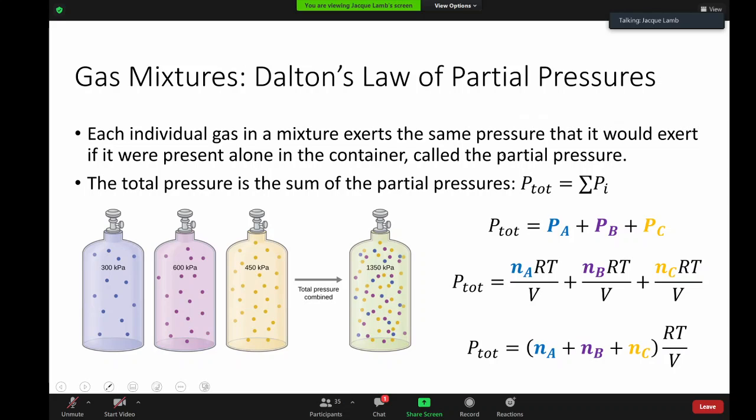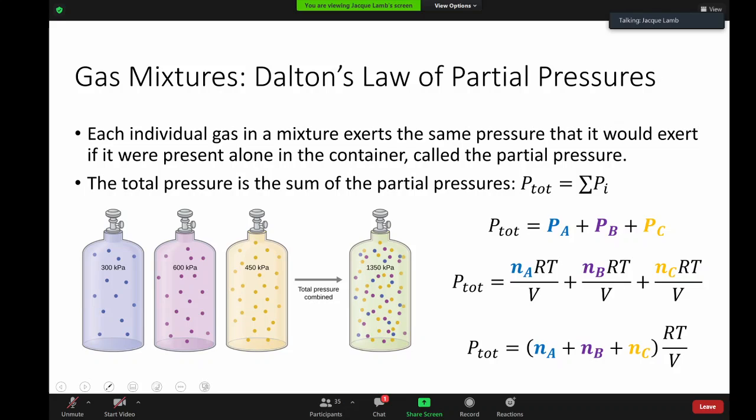Now, the other thing we should know about gases is we talked about the fact that we derived all of those laws without any identity of the gas being known. So it was generally true for all gases, not true for just specific gases. And each gas behaves independently. So each individual gas in a mixture will exert whatever pressure is appropriate for its number of moles, molecules, etc., and it will exert that in a mixture